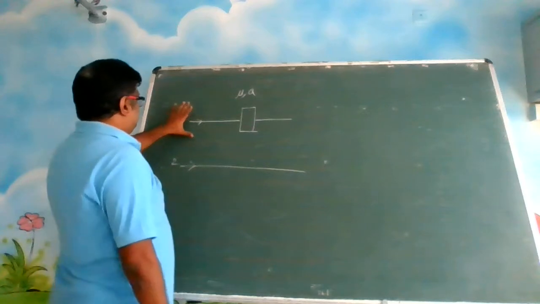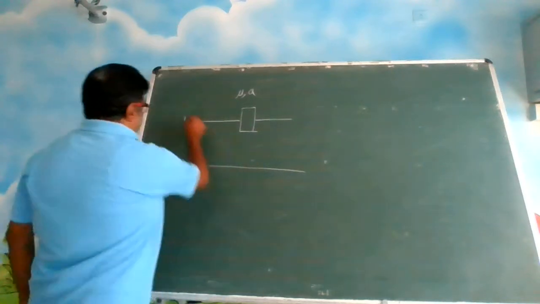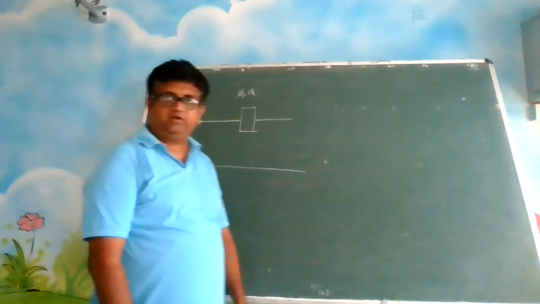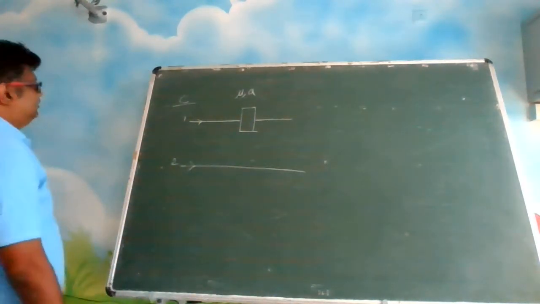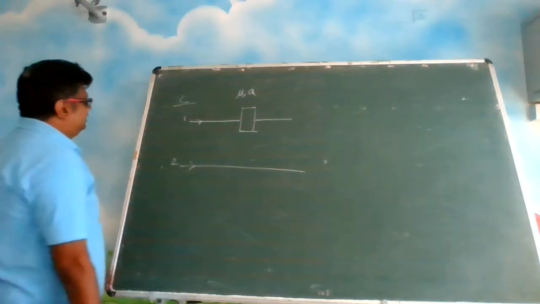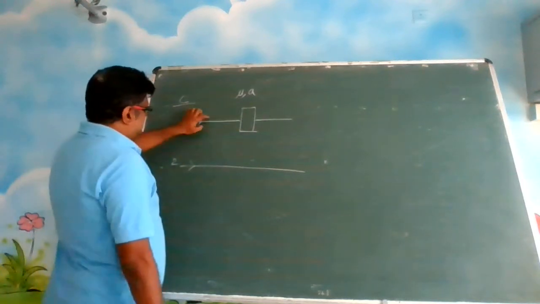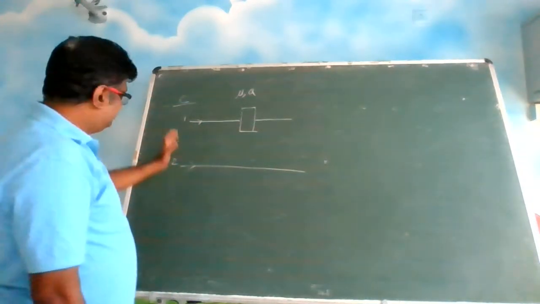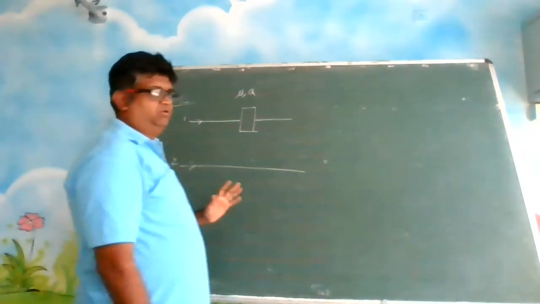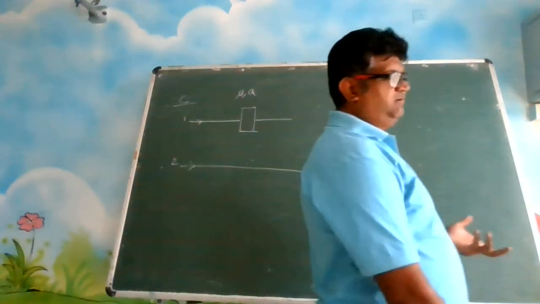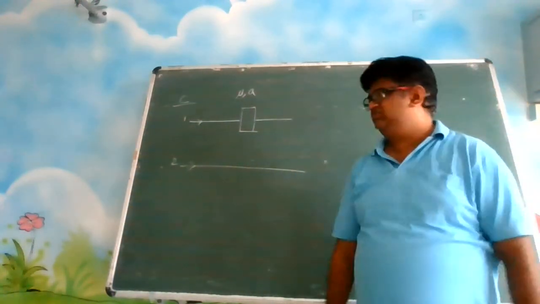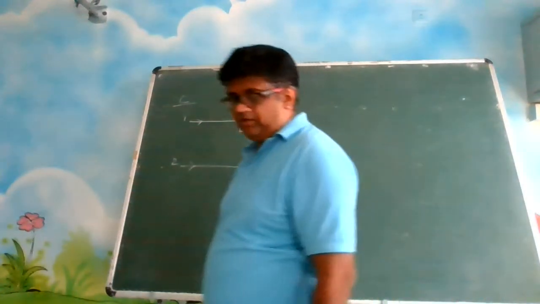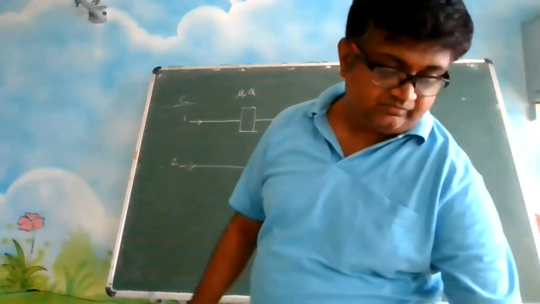See, the light is traveling with speed c. C is the speed of light, 3 into 10 power 8 meters per second, or 3 lakh kilometers per second. Now, suppose this slab is not there. Both will travel the same way. There is no question of any path difference, provided they are in the same phase. Both started at the same time. But you put a glass slab in between. Then what will happen?